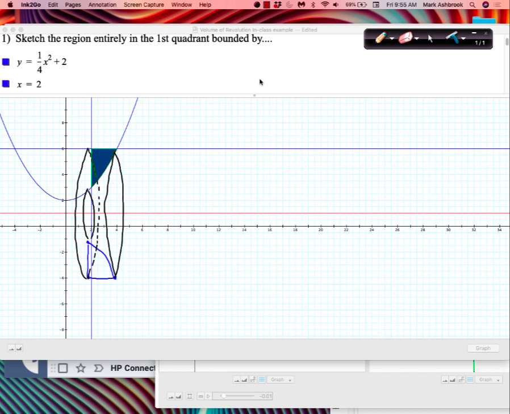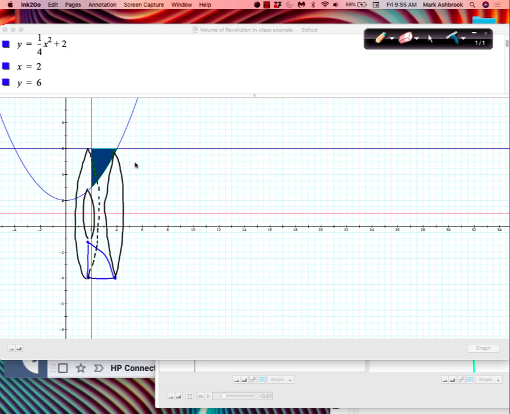Bounded by all three of those entirely in the first quadrant. That's the only one that meets that. So down here, that has nothing to do with, say, y equals 6. This part. I was just like, why would the 6 be the upper bound next here to do that shaded